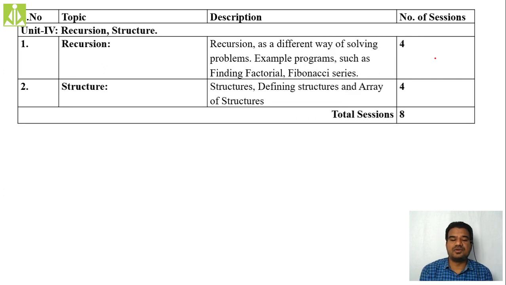Then fourth unit, we have recursion and structures. Two things we have to complete in your fourth unit. So what is recursion? How we can write the recursive code in your C program, that we are going to discuss in this recursion chapter. Okay, we also do some of the examples using this recursion, that is finding the factorial of a given number and finding the Fibonacci series. Yes, of course, this Fibonacci sequence, it is a new term to you. Yeah, that we are going to discuss in your fourth unit, hopefully.